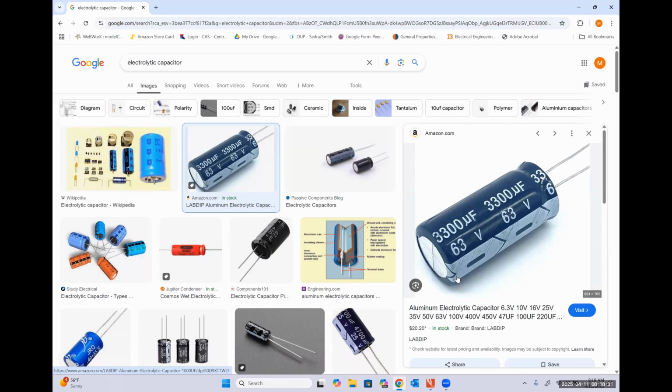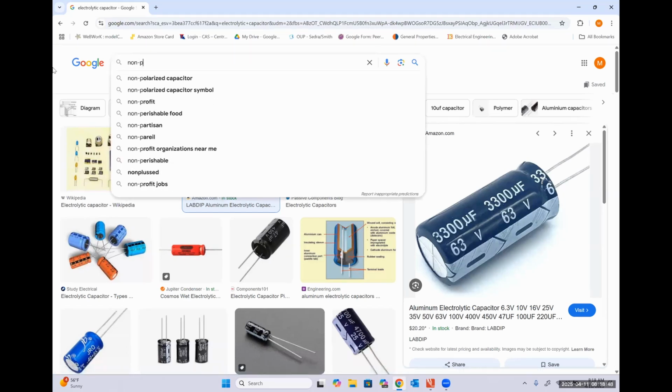Okay. So this is an example of an electrolytic capacitor. It's still a parallel plate capacitor, but usually it's two parallel plates that are kind of wound around each other like a cylinder. Okay. A non-polarized capacitor